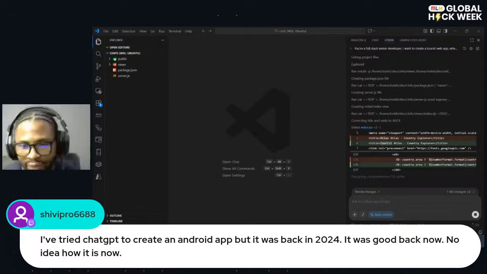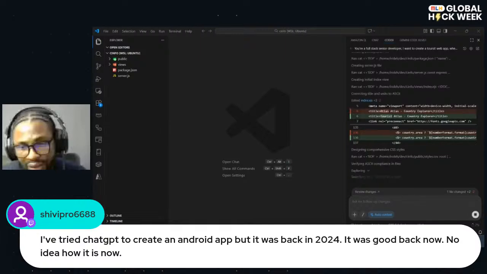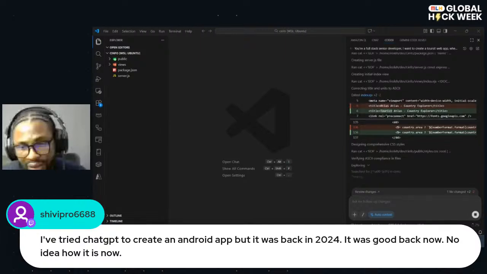I've tried ChatGPT to create an Android app, but that was back in 2024. It was good back then. No idea how it is now. I think it's pretty much better now. They're always evolving, there are new models coming up. They're actually faster now. Yeah.